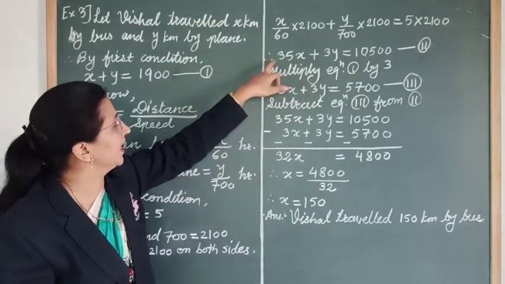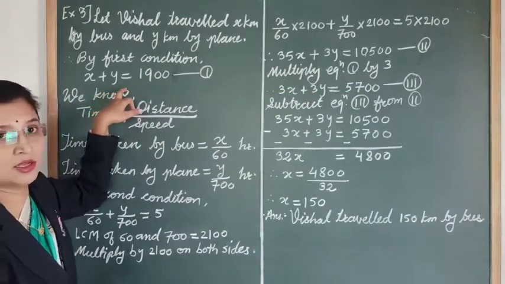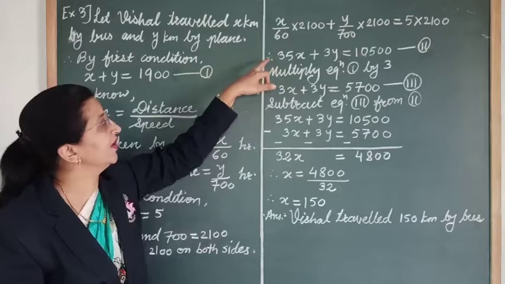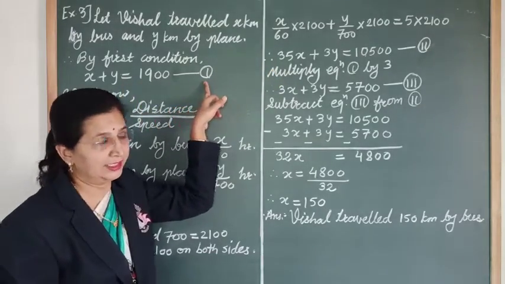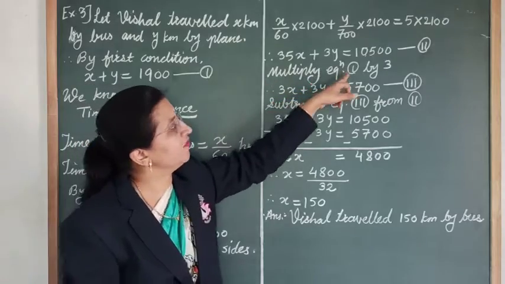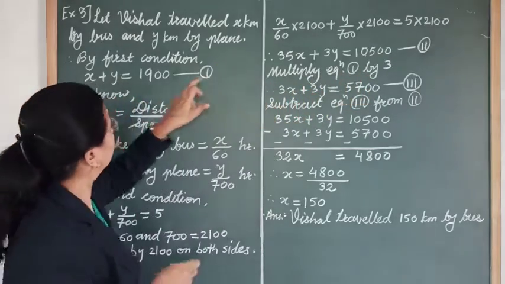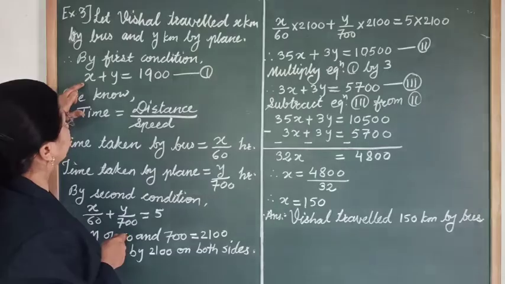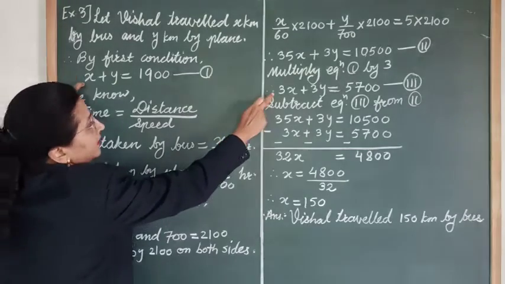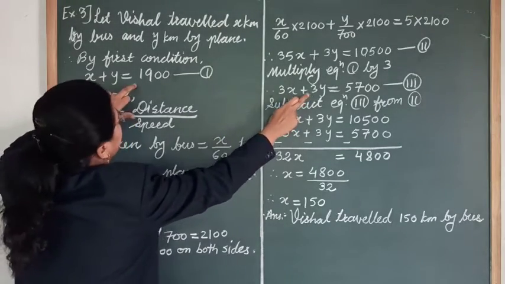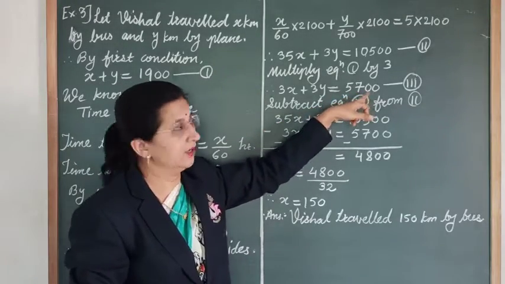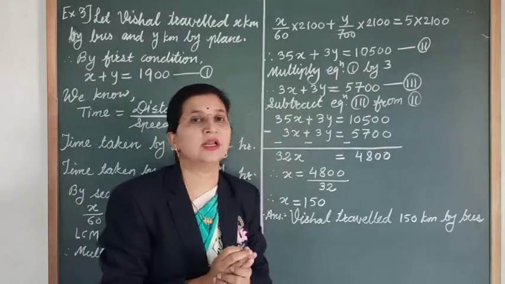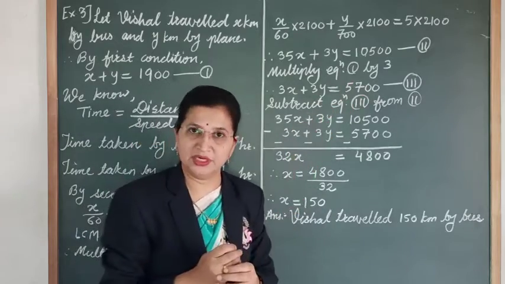Now here this is equation second and this is equation first. To solve these equations easily, we can cancel the y if we multiply the first equation by 3. So here multiply equation 1 by 3. Equation first gives 3 into x, that is 3x plus 3y is equal to 19 3s are 5700. So in this way we got the new equation. Let's number it as equation number third.